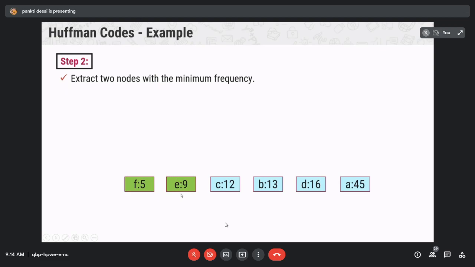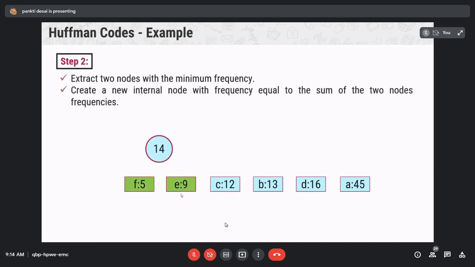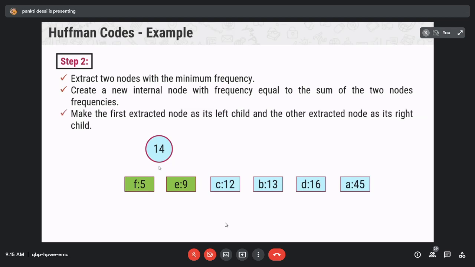So the new node will be like this. 5 plus 9 is equal to 14. So here we create one new internal node with the sum of these two nodes' frequencies. Then make the first extracted node its left child, and the other extracted node its right child.